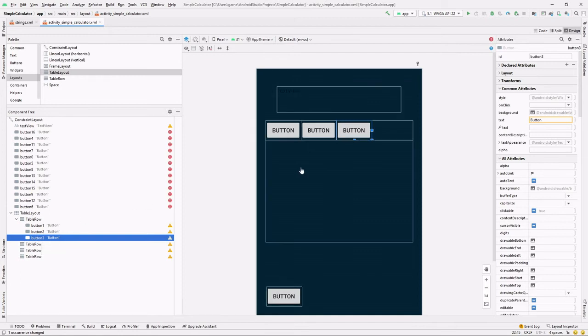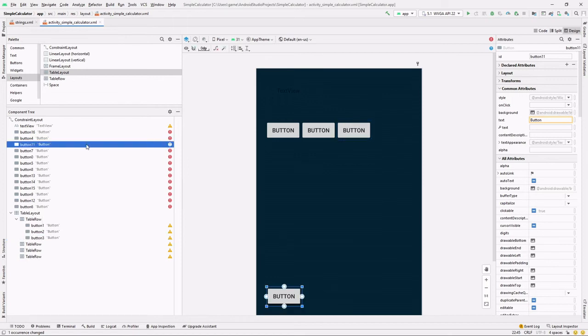And okay, so we just put one mathematical operator. I'll put clear. I will drop a clear button. Which button should we use for clear? We'll take button 11. So button 11 we'll rename to